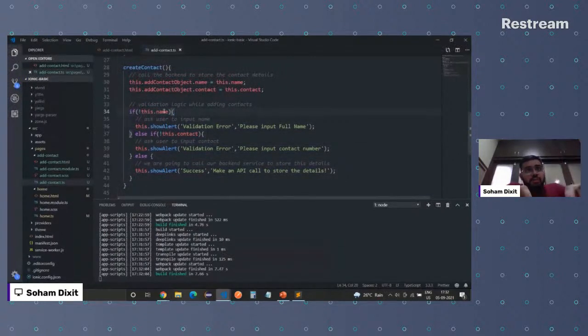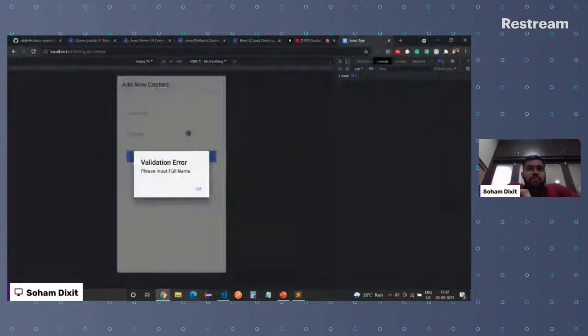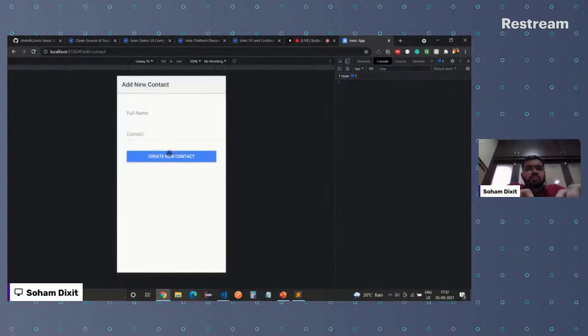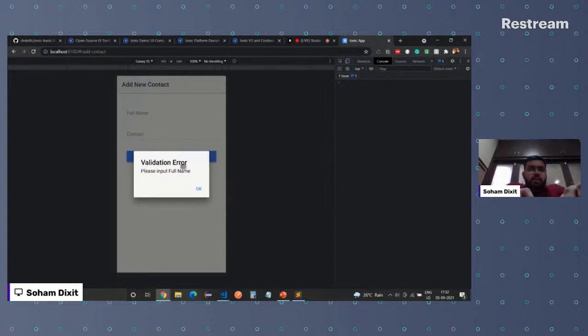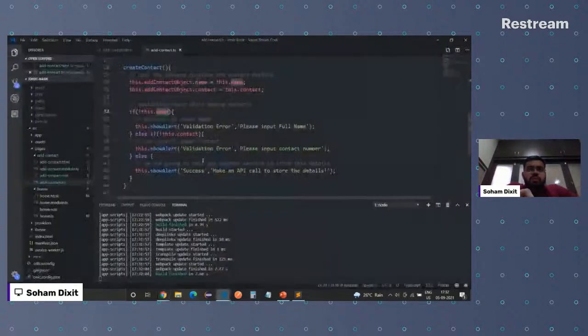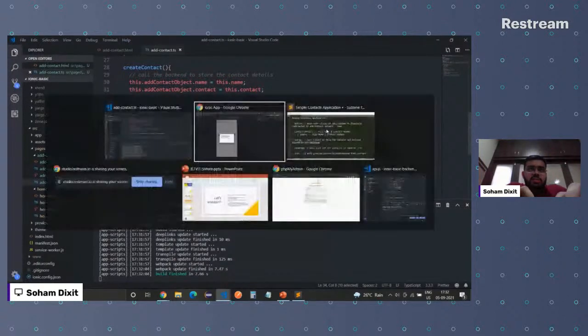If you had applied the contact check first and then the name, you would see please input contact here. But the way we have structured our page, first is full name and the next one is contact, so let's follow the same hierarchy. So, create new contact: validation error, please input full name. Perfect, which means this part of the code is getting executed. Our name field is empty, and we are seeing this message.